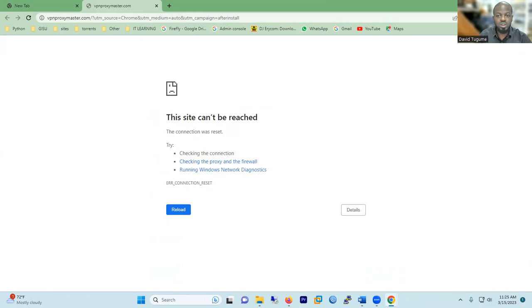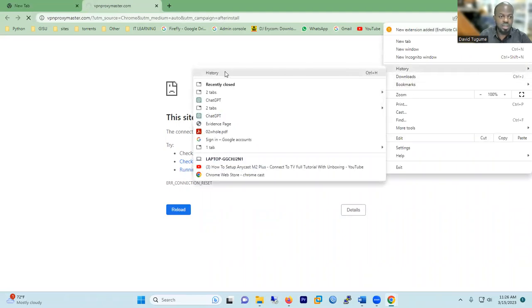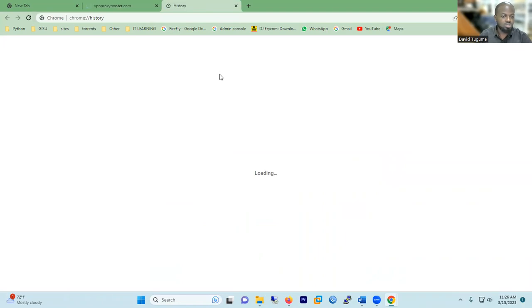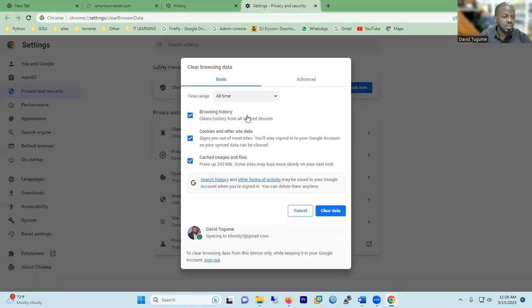So what you do is you come to these three dots on the top right corner, click on them, click history, and then click that history tab. This will pop up. Then on the left side, you'll see clear browsing data. Click on it, and then